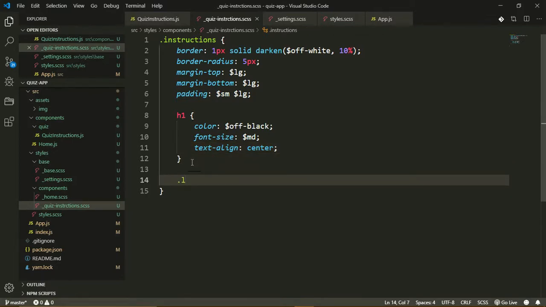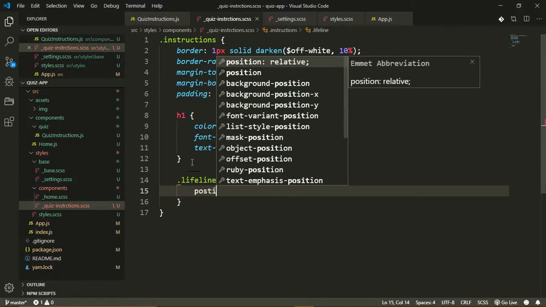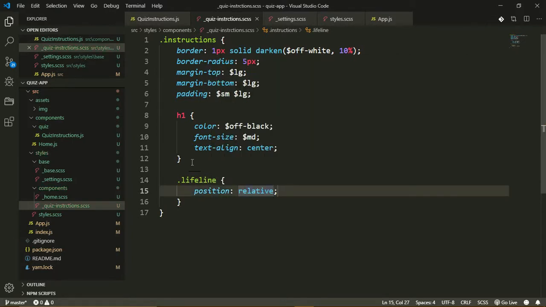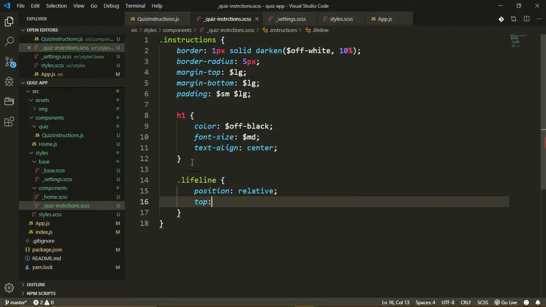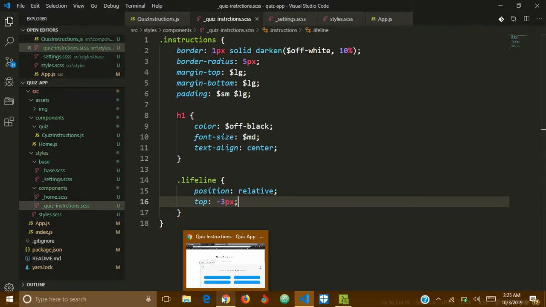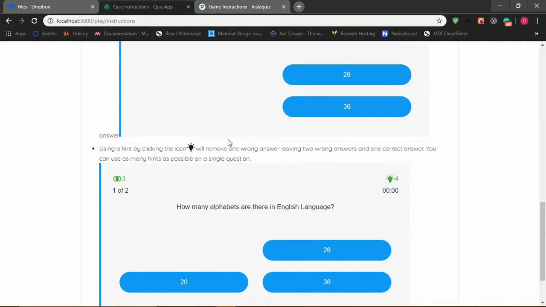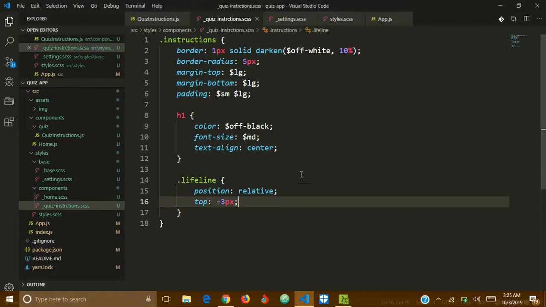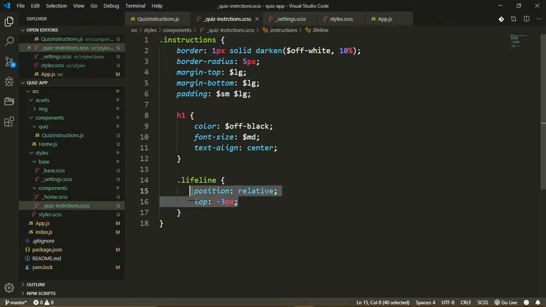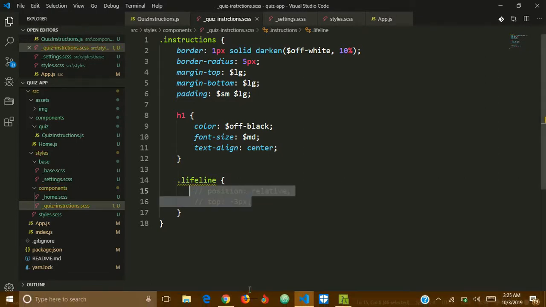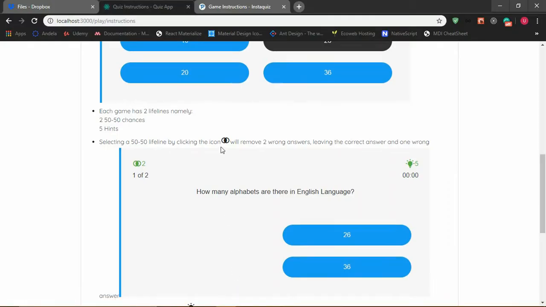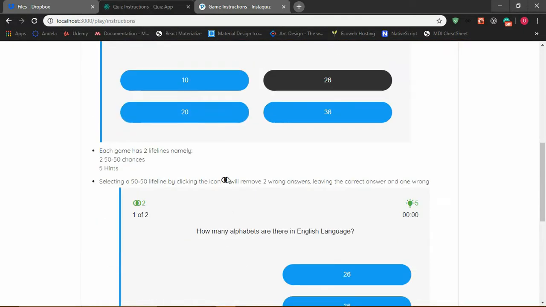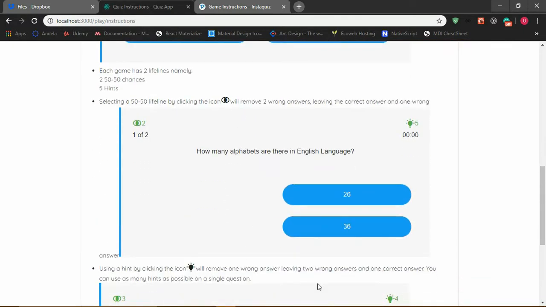Now let's style our lifelines. So lifeline, I want to give it a position of relative and then a top of -3 pixels, just to bring the icon down a bit. These icons, bringing them down a bit, because if I comment out these two lines here, let me show you what we'll have. They kind of look a bit up from the line, so I just want to bring them down a bit